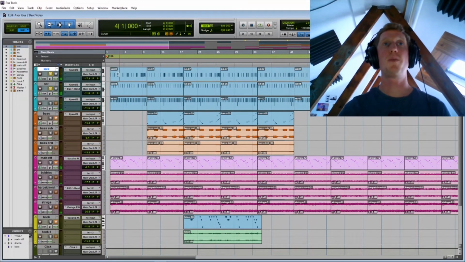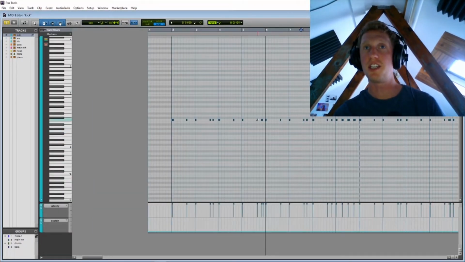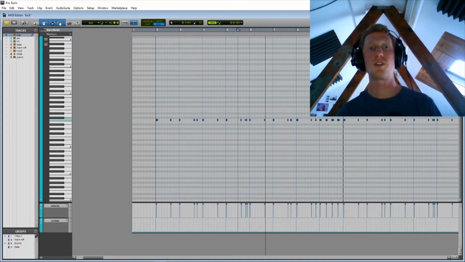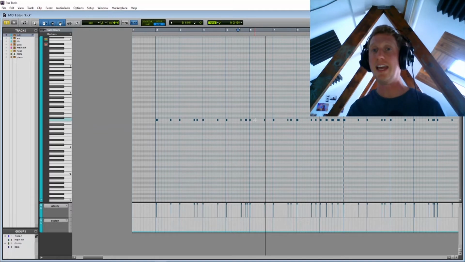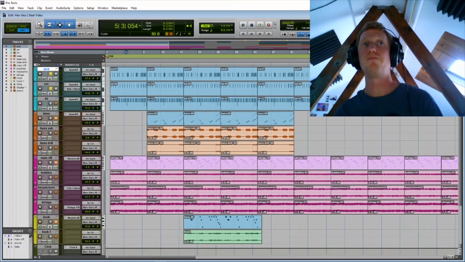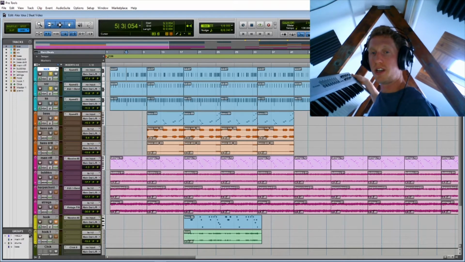And then if I want to go back in, I can tweak things. I think I chucked in this cheeky little... But I think it's crucial to play it in first, for me, because you get that natural sort of human feel of playing it, and then you can go in and tweak it. So if you don't have a separate, let's see if I can show you, keyboard like this one